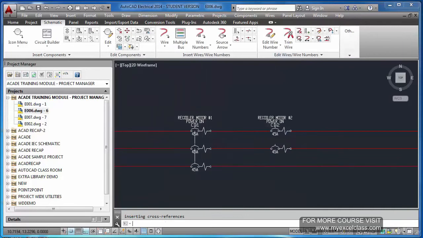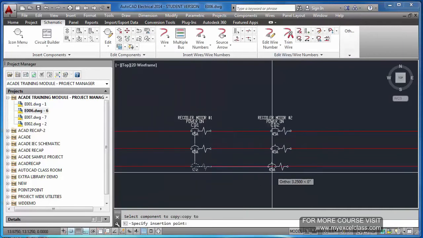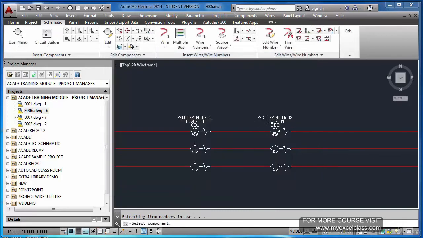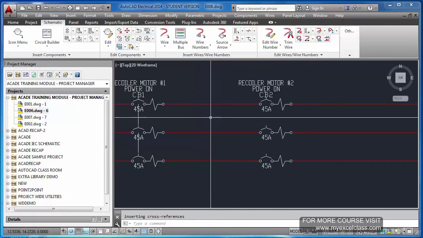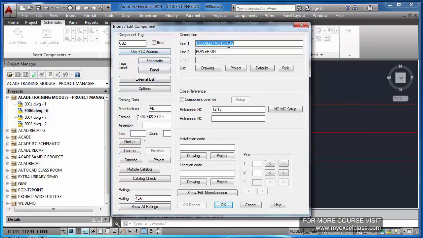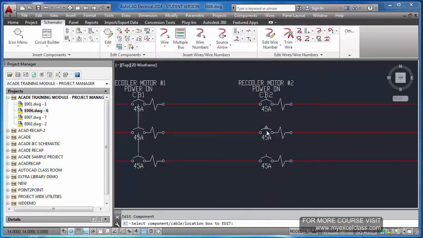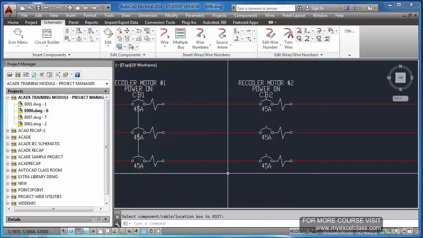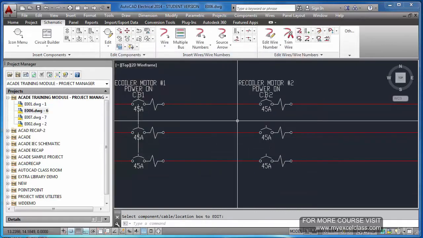Okay, now click this, parent, select this. Now you see, if you go and edit, you can see this is CB2, description is motor 2. Again this is also CB2 motor 2, but the dashed line is not there.